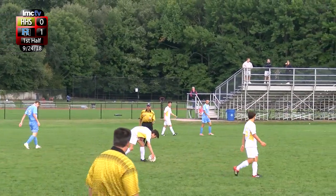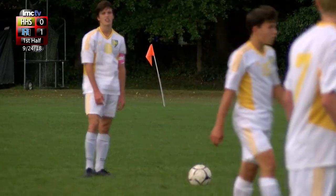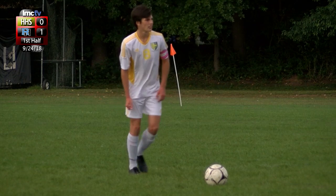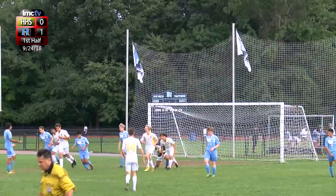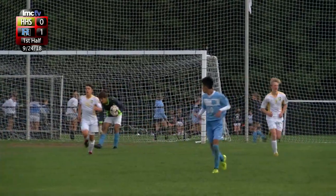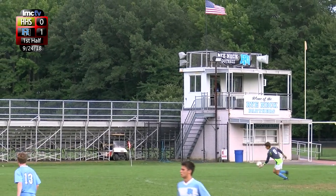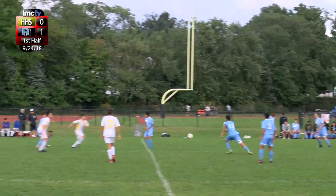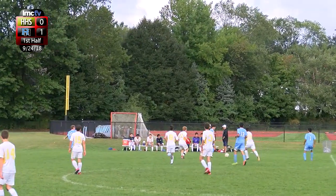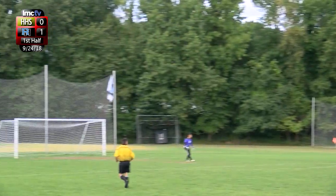And this will be a free kick for Hastings, as this is probably one of their best opportunities to score. This one sails towards the net and controlled by Pons, as he's played a superb game thus far. So Pons kicks it away. Good game by Pons so far. That was probably his most impressive save of the evening,